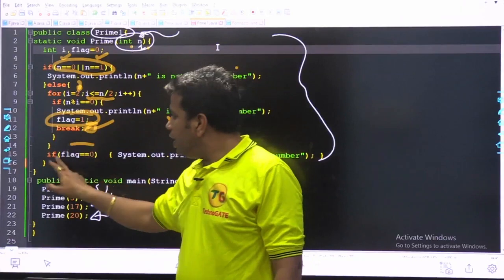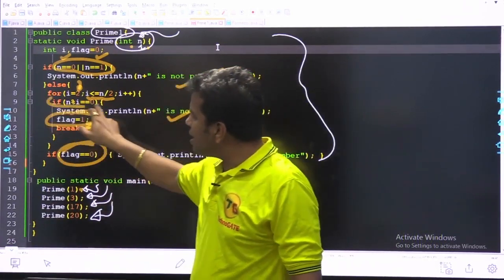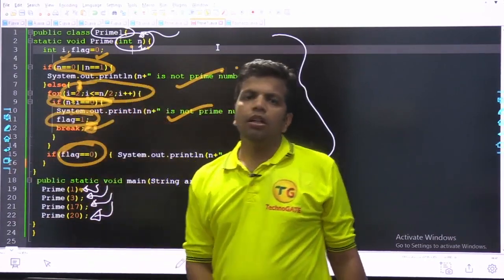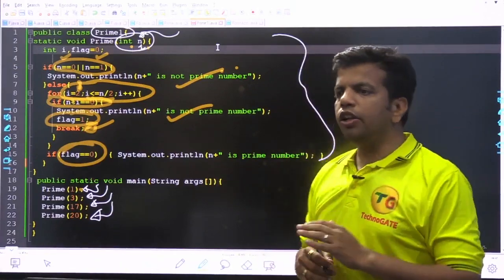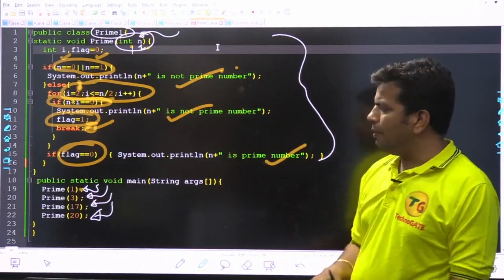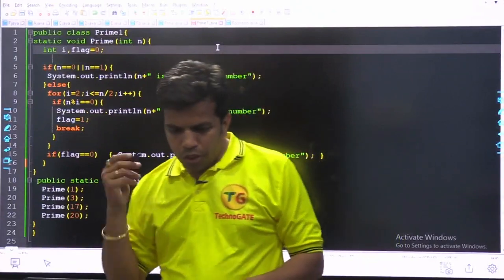After that you need to check if flag is 0, meaning the condition is not true for any value of i from 2 to n by 2, then flag is 0, and if flag is 0 it means your number is a prime number. That's it. Okay. So now I am going to